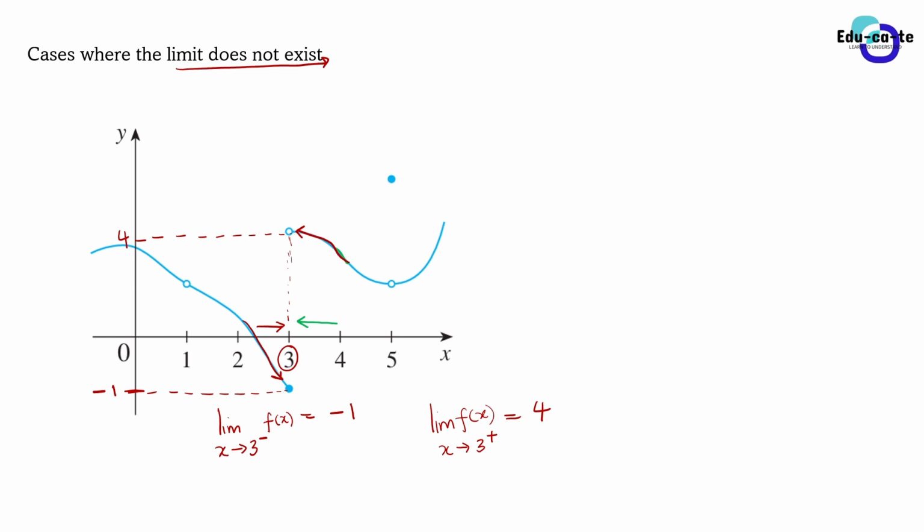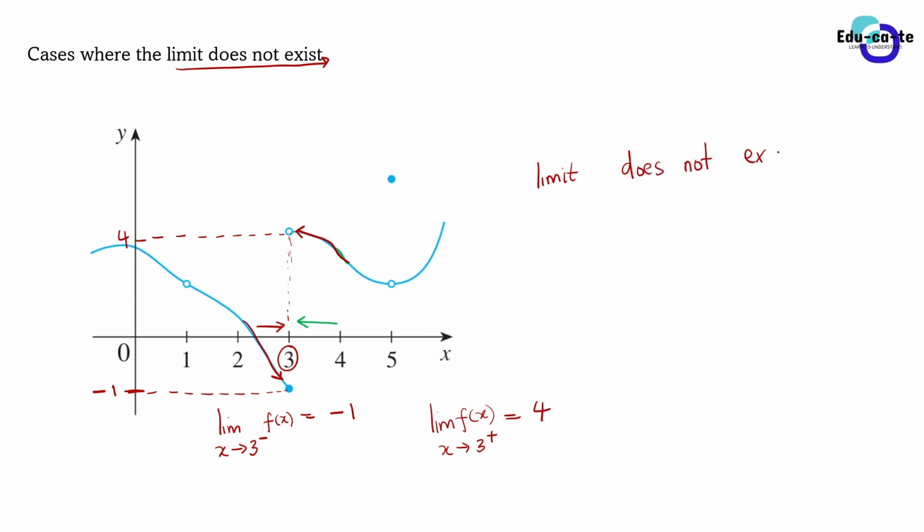So do you realize one thing here? This is one function, and we are approaching the same value, which is 3, from different directions, from the left and from the right. As we approach 3 from the left and the right, we realize that the y values that we are approaching are different because these graphs are disconnected. So the y values are different. We are approaching two different y values as x approaches 3 from the left and from the right. So we say that here the limit does not exist. Therefore, the limit does not exist.